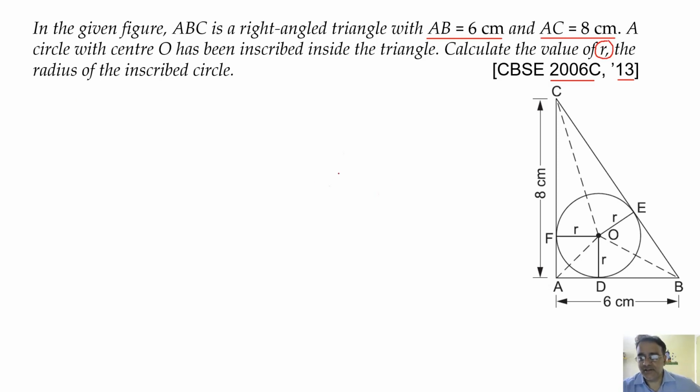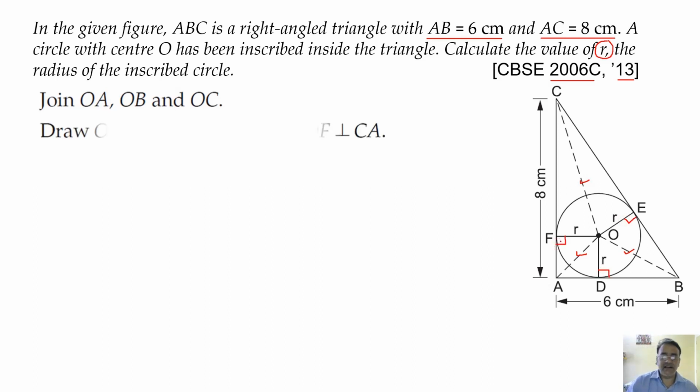So first of all, this is not the actual diagram which is given in the exam. Here OE, OA, OB, OC were not joined, right? So join OA, OB and OC, right? Now draw OD perpendicular to AB, OE perpendicular to BC and OF perpendicular to CA. This is also not needed; here you only need to write that this is 90 degree, this is also 90 degree, this is also 90 degree.